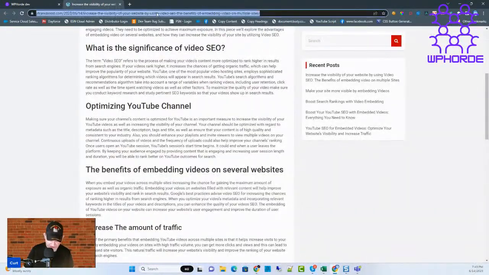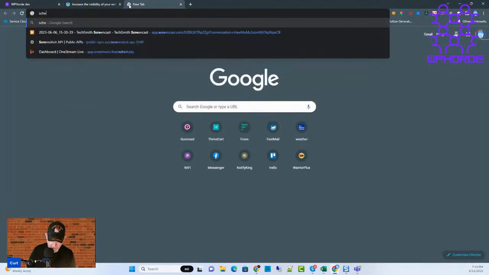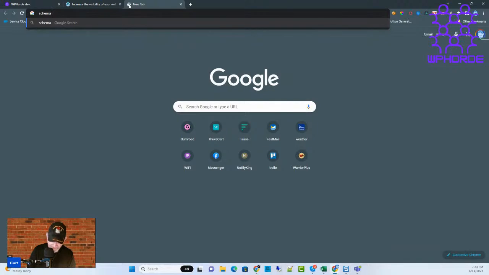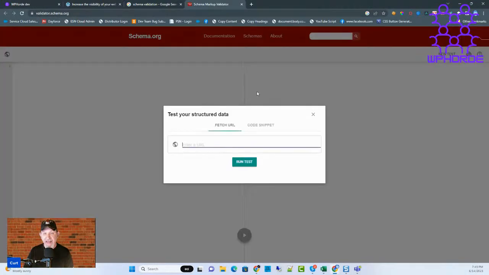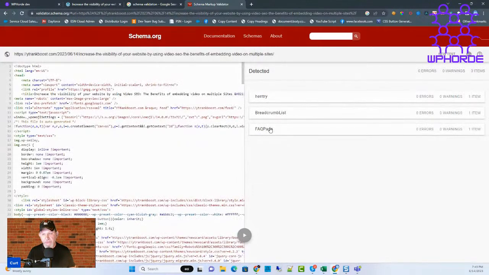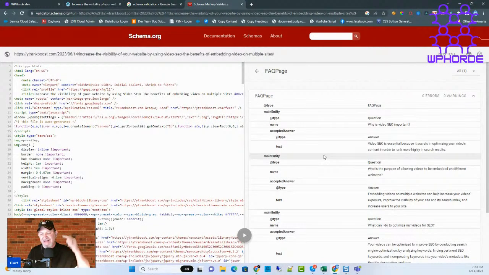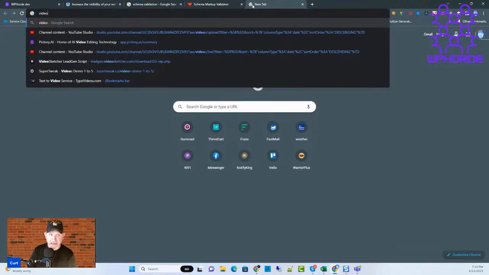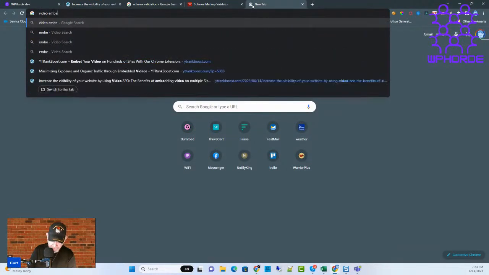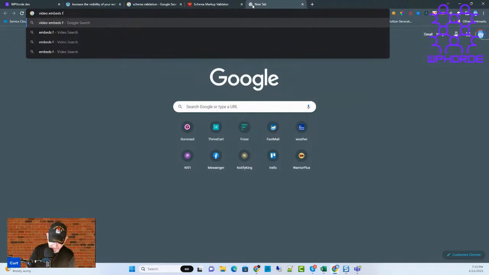We're going to grab that URL, and then we're going to look up a schema validation. And we're going to make sure that what we have is valid schema for FAQ. Right here we go. We have valid schema for FAQ, which is very good for SEO. The reason why we know that it's good for SEO, anytime that you make an inquiry on Google, I'm going to put for SEO,